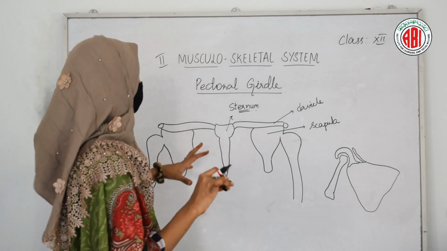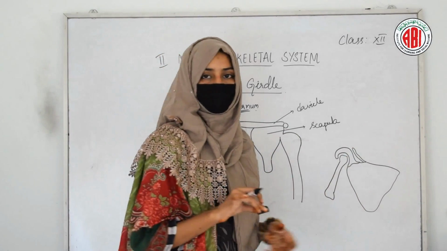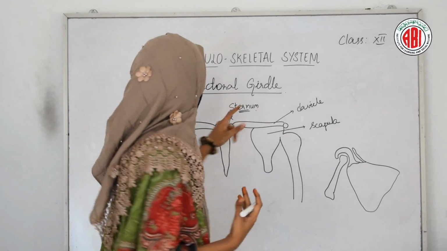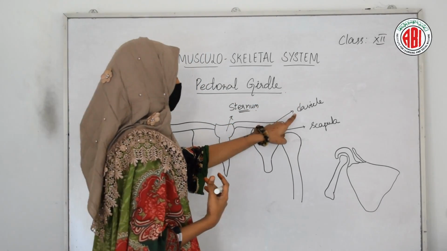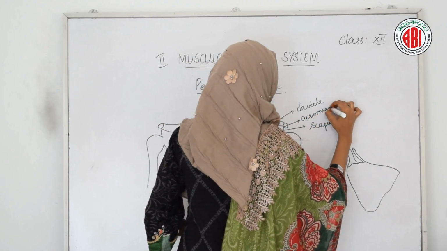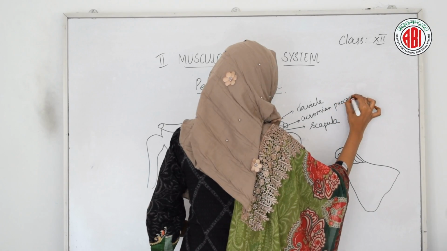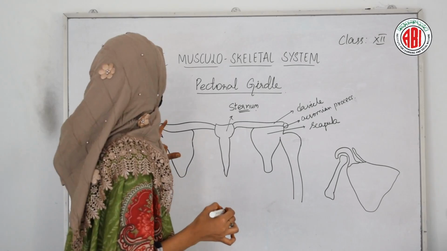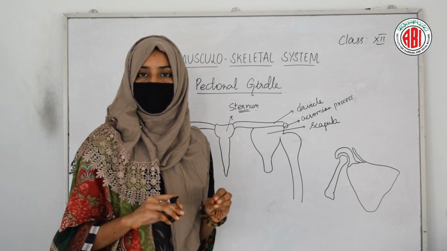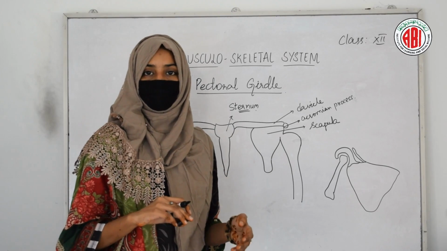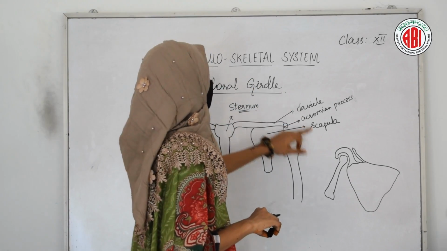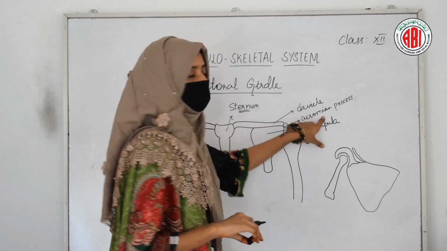And when you enlarge and look at the structure of the scapula, you can find some main parts. Firstly, the joint between the clavicle and the scapula, we call this joint acromion process. When we talked about the parts of the sternum, I told you that any ending of the bone which is sharp, we name it by using the word process, right? So here the joint between the clavicle and the scapula is termed acromion process.